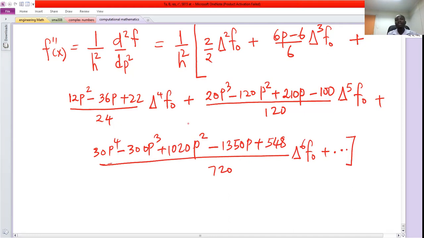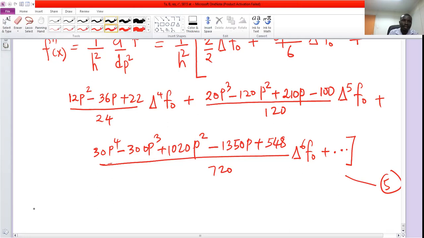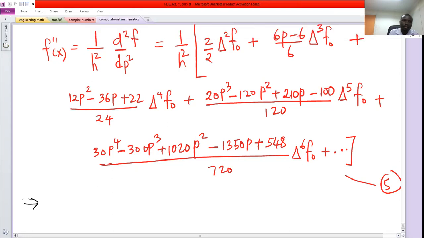So remember, what is giving me this answer is just simply differentiating each term of equation 3 with respect to p, and then this is what we get after simplification. Call this one formula 5. So formula 5, just as we saw in the other case, formula 5